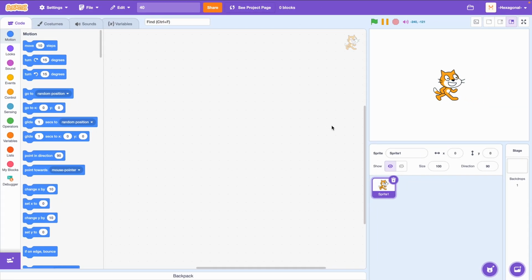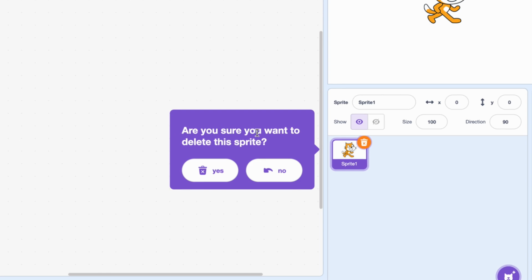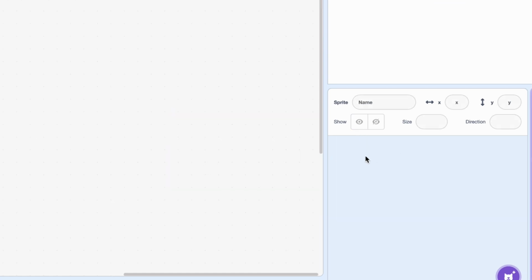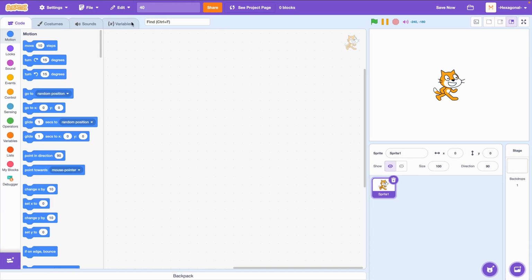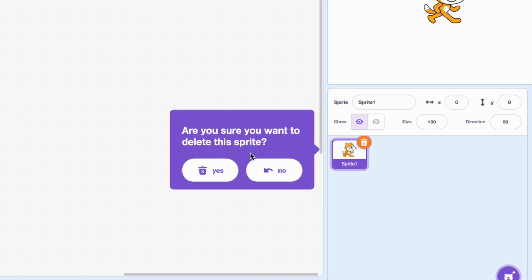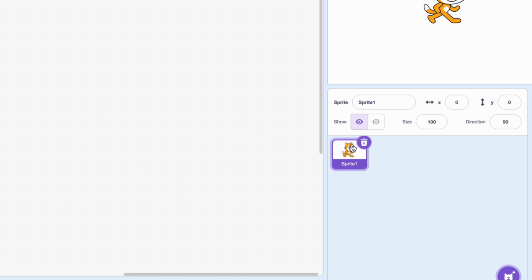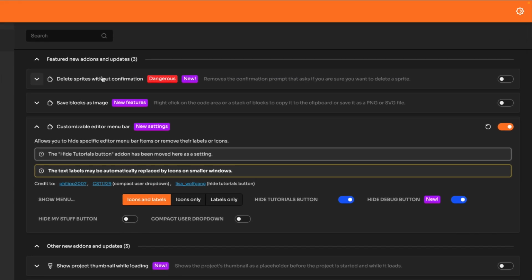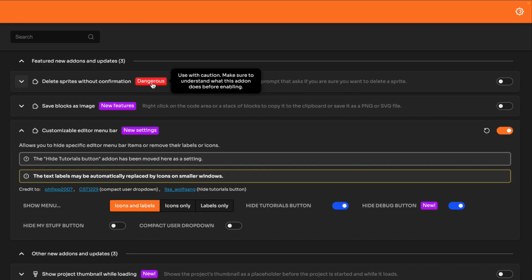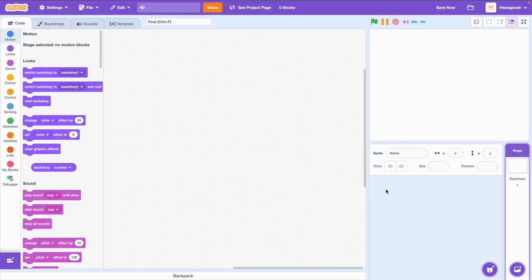Another thing the Scratch team recently added is this. Yes, this is vanilla Scratch. This isn't Scratch Add-ons. I think some people were a little bit confused about that, but no, the Scratch team actually made this really cool feature. It confirms whether or not you want to delete the sprite. I can cancel it, or I can actually delete it. And then I can undo it. This has always been a thing up here, by the way. You can undo deleting the sprite. But some people might not like this new confirmation modal. They might want the old behavior of just immediately deleting when you press the button. And that's what this add-on does. Delete sprites without confirmation. All it does is remove the confirmation modal and bring back the old behavior.